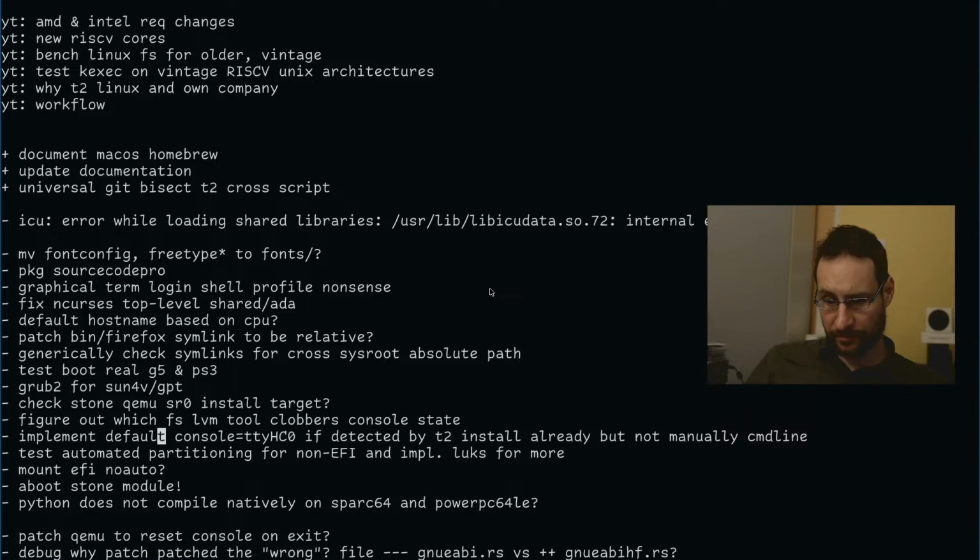Figure out which file system my LVM2 clobbers, console, raw state, whatever. Yeah, I could sort this a little bit more. Alright, I actually wanted to do an A-boot stone module. I could still do this tomorrow or this weekend for releasing a deck alpha thing.